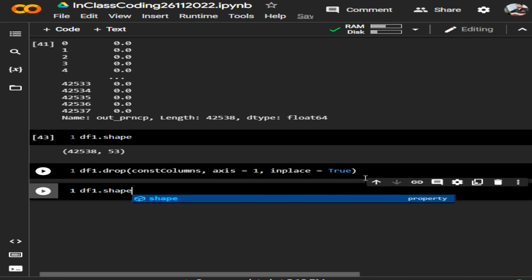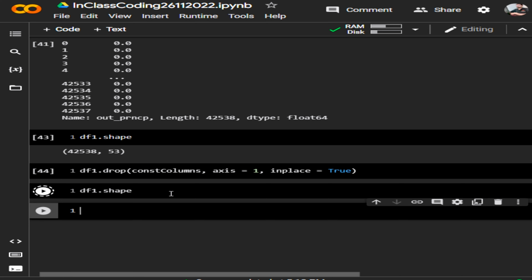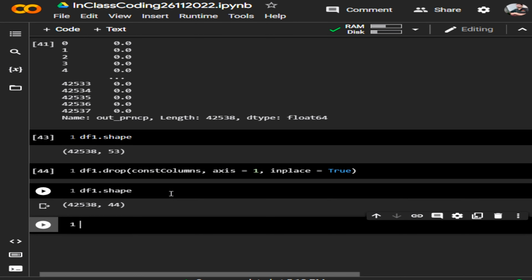What do you expect? There were 53 columns, out of which 9 columns I'm trying to remove, right? So when I do that, you expect 9 less than that. So 44, should it be 44? Let's check. Yeah, 42,538 comma 44. Okay, now